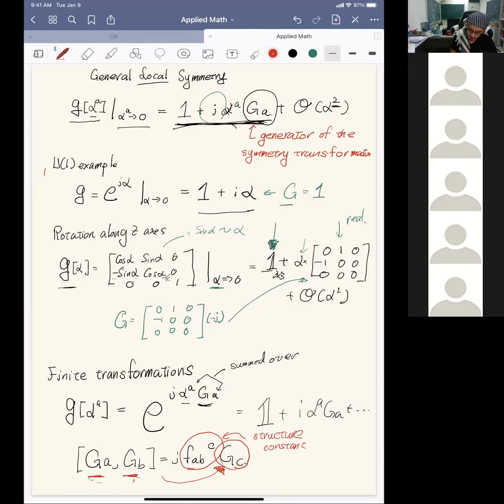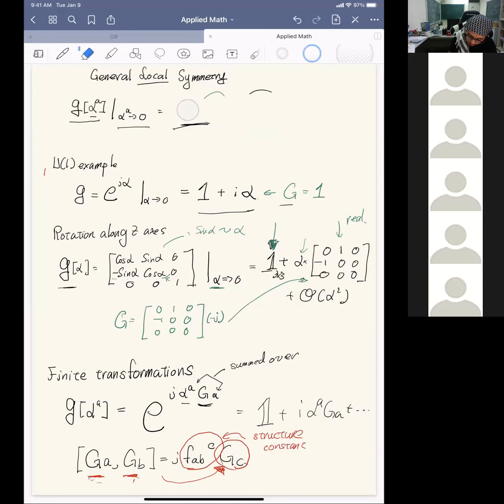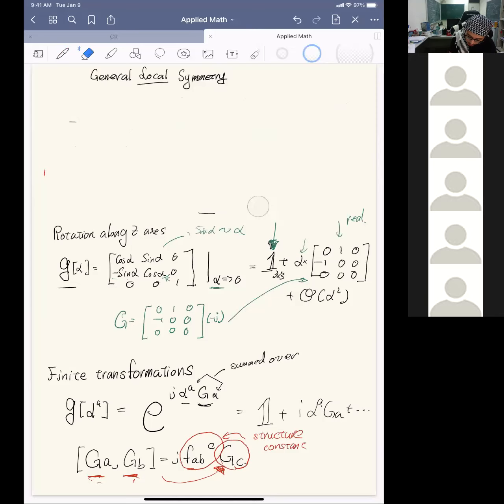Okay, and the reason that you need this is very simple. Let me just erase these things here. So now I'm going to try to write on the same page as much as possible, so that we don't go back and forth between pages. The reason is very simple. It's because we're saying that G is written as exponential of i alpha A, sorry, if I do it with the upper index,